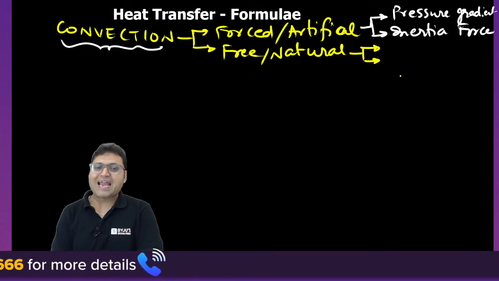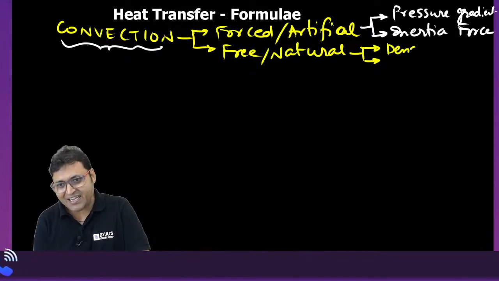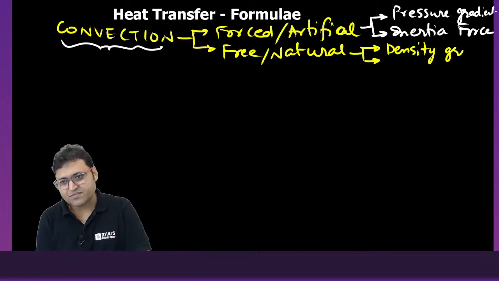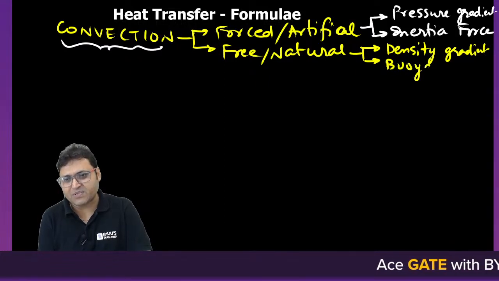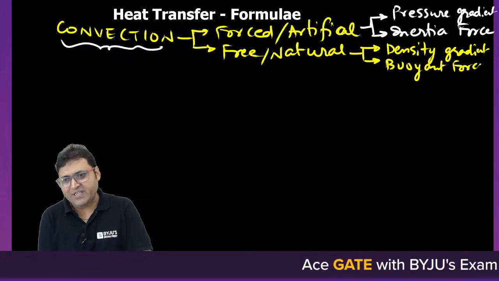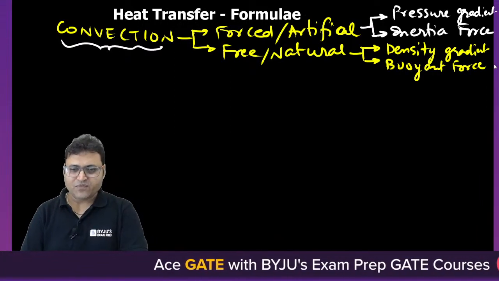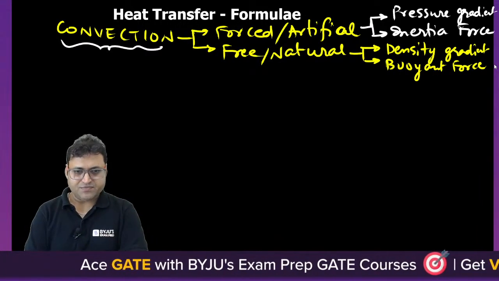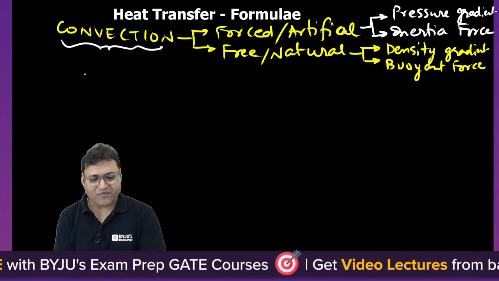Whereas free and natural convection is governed by density gradient, and due to density gradient, buoyant force develops, which drives the fluid motion. So these are the two types of convection, right? And in case of forced convection,